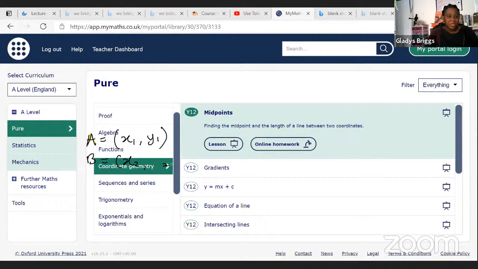For this one, A is -2, 3 for that line there, and B is 4, -3. Using our formula to work out the midpoint, which we already know is 1, 0, let's see whether we can find it using this formula. So M should be equal to